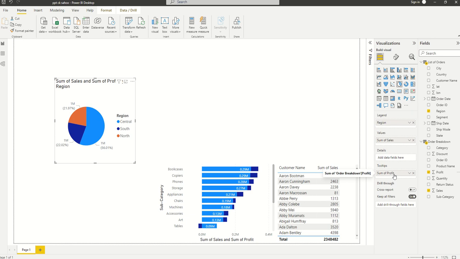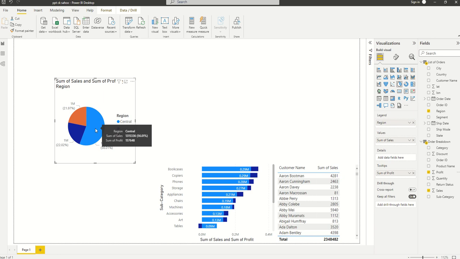If we are adding some values to the tooltip, that value will not be reflected directly in the color itself. But when we hover over a particular region, what will happen? Sum of sales and sum of profit, both metrics are reflecting